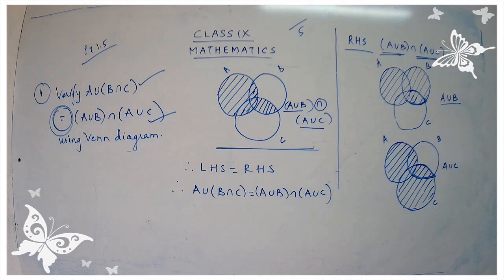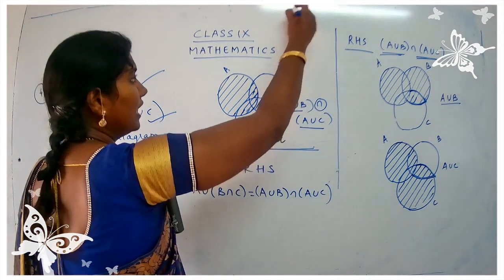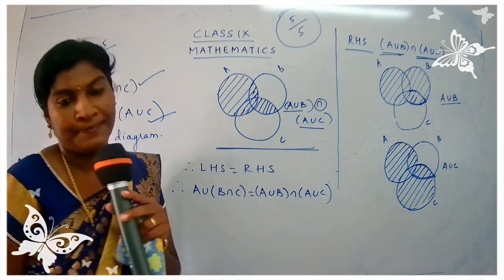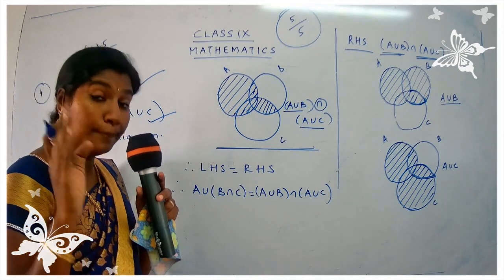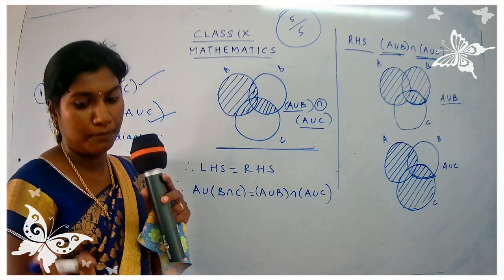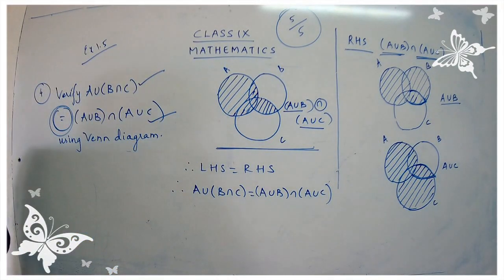So with this, we complete sum number 4. For sum number 4, totally we have to draw how many Venn diagrams? You are going to draw 5 Venn diagrams. If your 5 Venn diagrams are correct, you are going to get 5 out of 5. Getting my point? So be careful. You have to complete your Venn diagrams properly and you are going to score full marks in your Venn diagram. Not only in Venn diagram, you are going to score full marks in your maths.